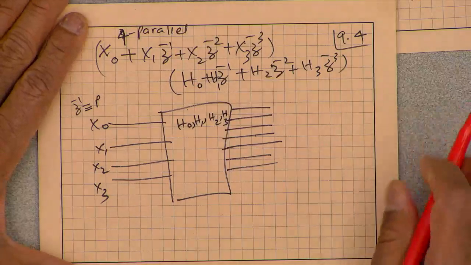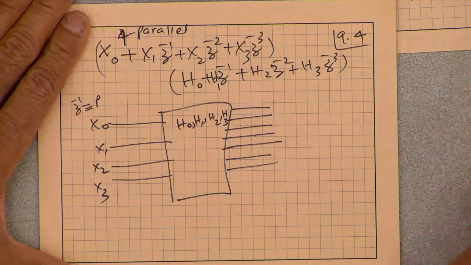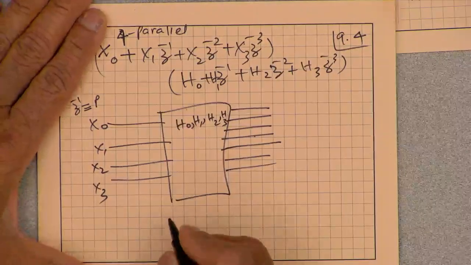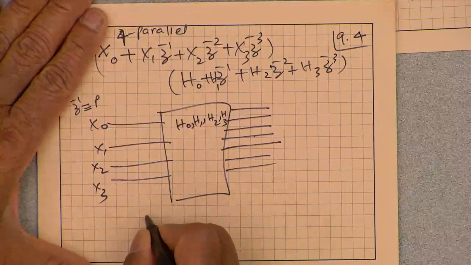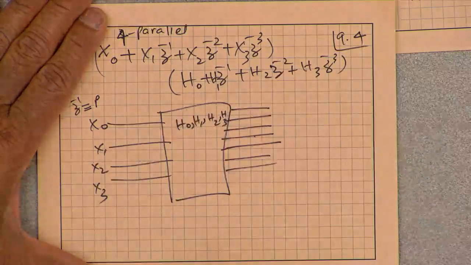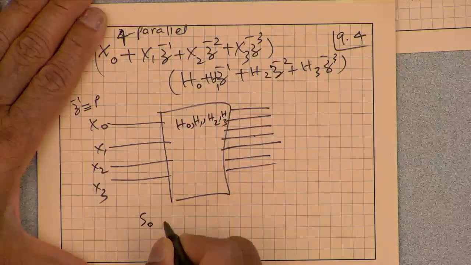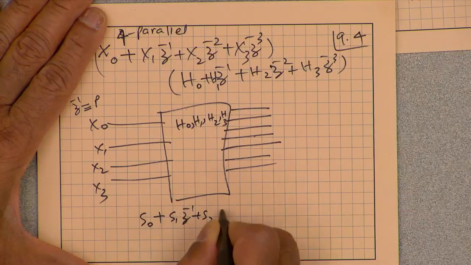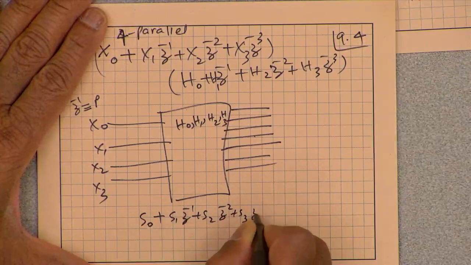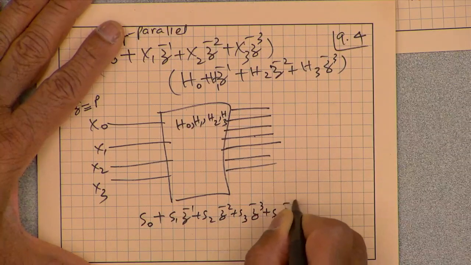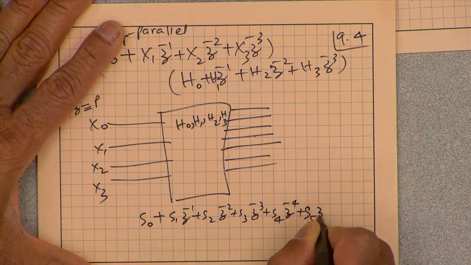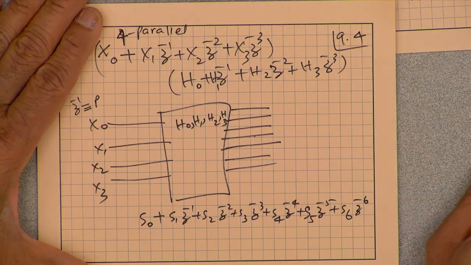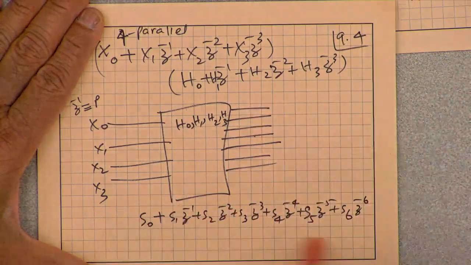Okay, so we have now 7 outputs. If I multiply this out, let me think about the 7-point convolution result. Let me write it down as S0 plus S1 z to the power minus 1 plus S2 z to the power minus 2, S3 z to the power minus 3, S4 z to the power minus 4, S5 z to the power minus 5 plus S6 z to the power minus 6. So that is the convolution result, the 7-point sequence of degree 6.